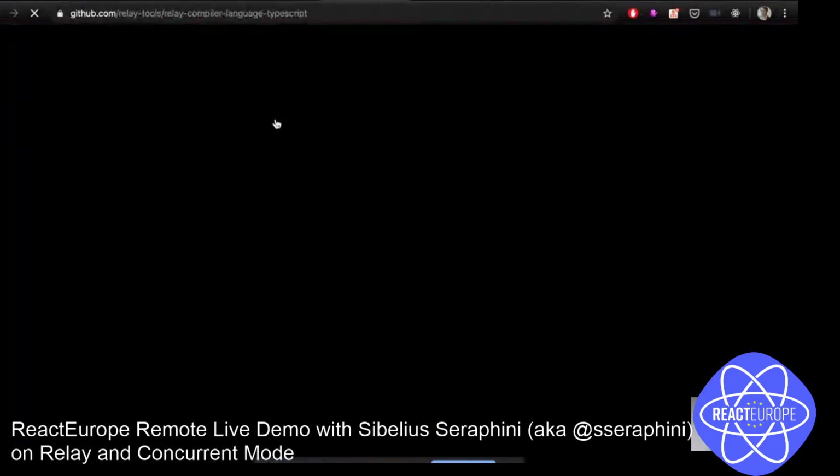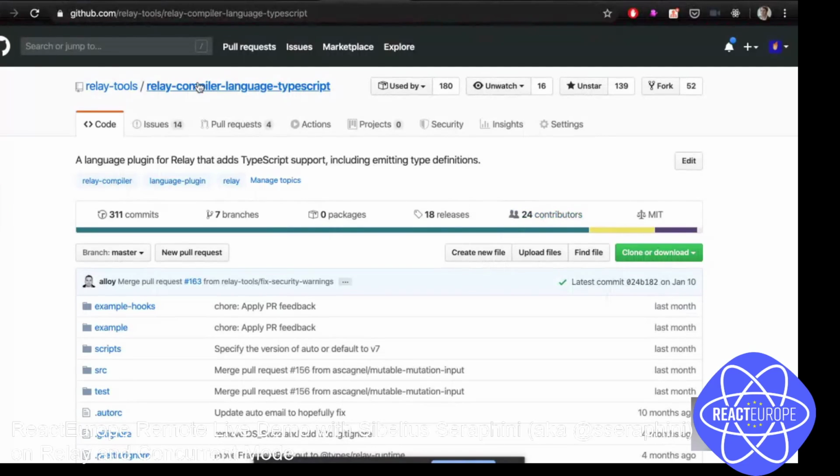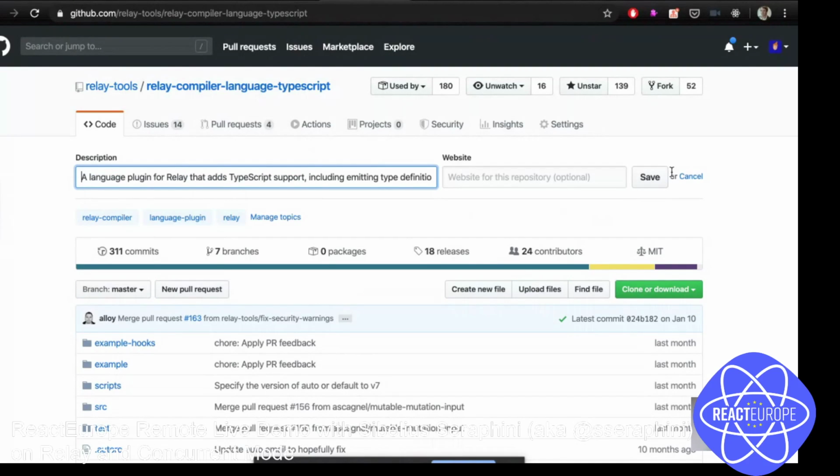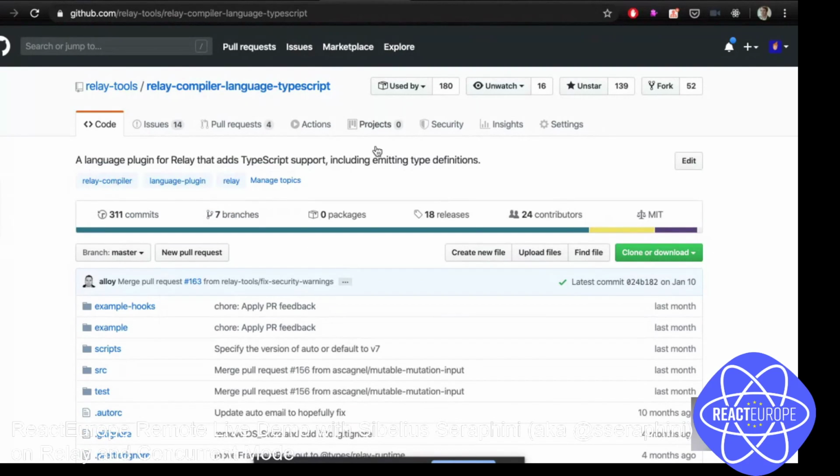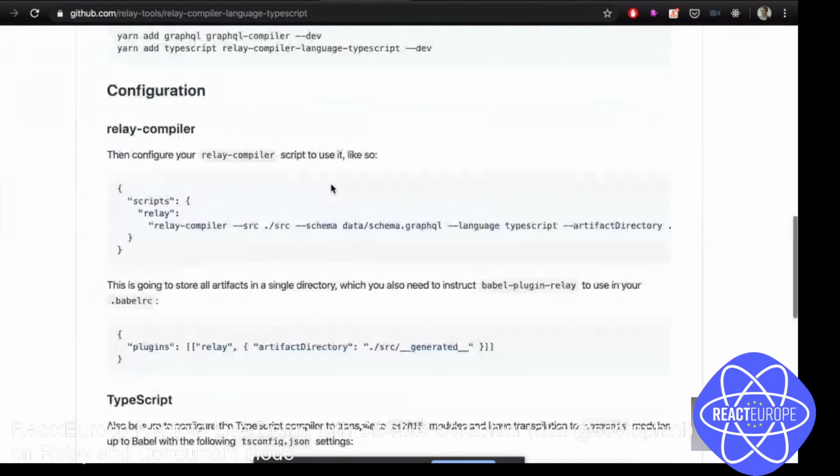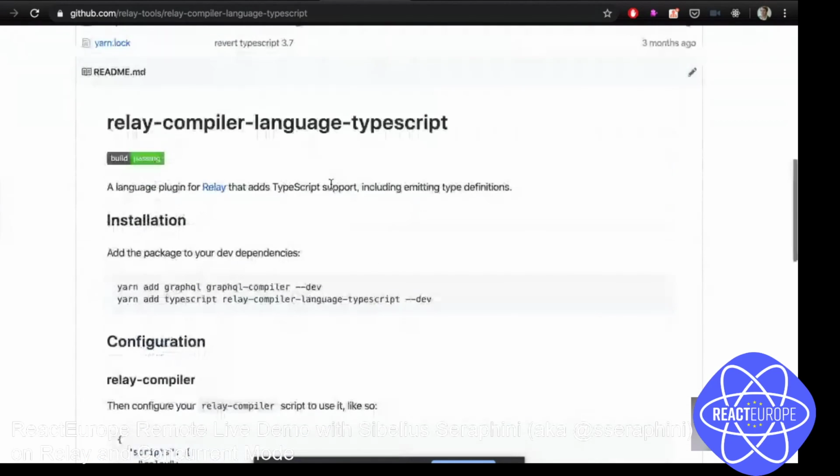So for TypeScript, Relay has a language plugin for type generation. Facebook uses Flow, yet we have this Relay compiler language TypeScript that is going to generate TypeScript types instead of Flow.